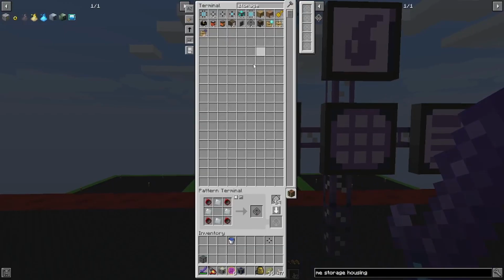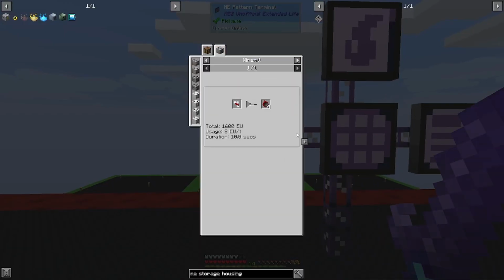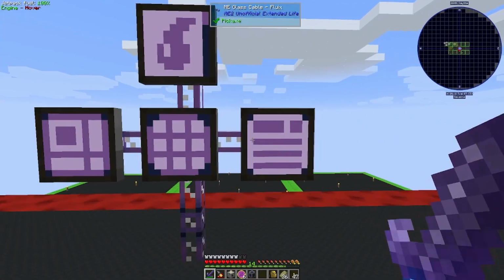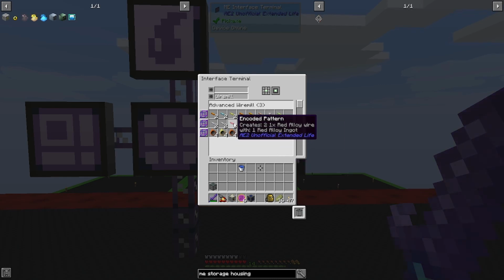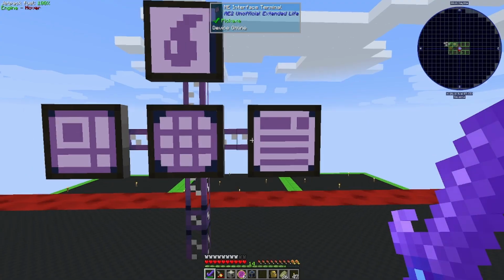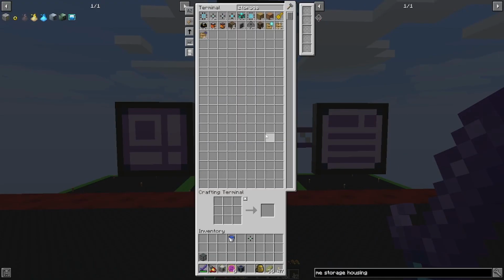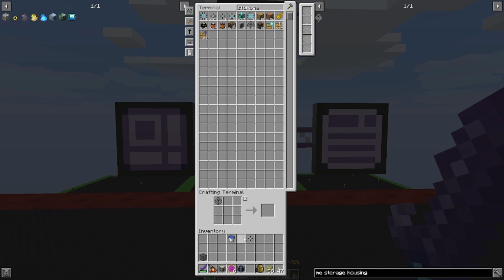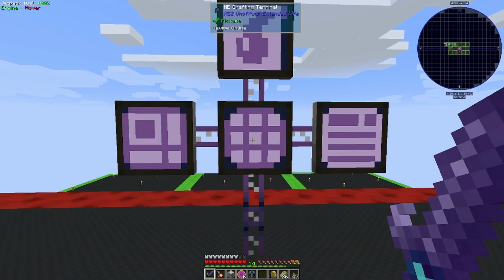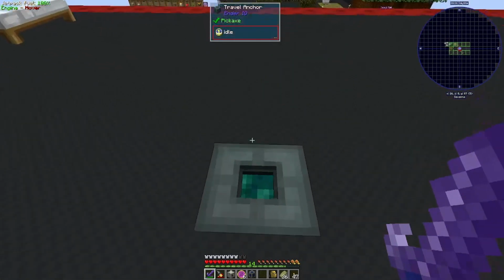How do you not know how to make fine red alloy wire? Okay, where's the wire mills? And then that can go here. What's that? Oops. That can go there. Red alloy wire. Oh yeah, fine. Okay. Whatever. Make that. That should be fairly quick. It just needs to, yep, make the red alloy and the electric steel plates. And as soon as those are done, perfect. Then we can combine that with that to make a 1K ME fluid storage cell,